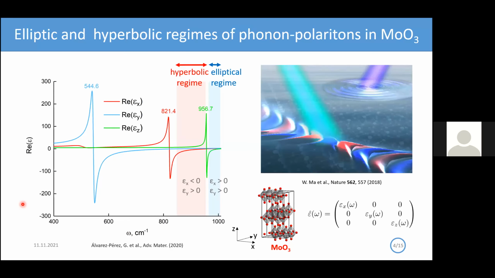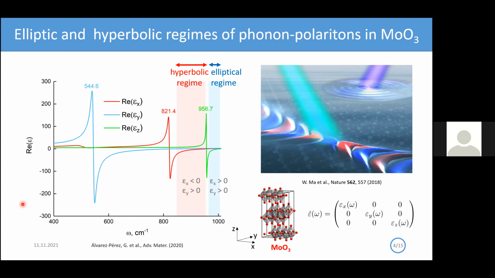As previous speakers mentioned, molybdenum trioxide supports phonon polaritons. These are coupled oscillations of the electromagnetic field and atomic lattice vibrations. In these biaxial crystals, the dielectric function is a tensor with different components along the x, y, and z axes. These functions have strong phonon resonances,